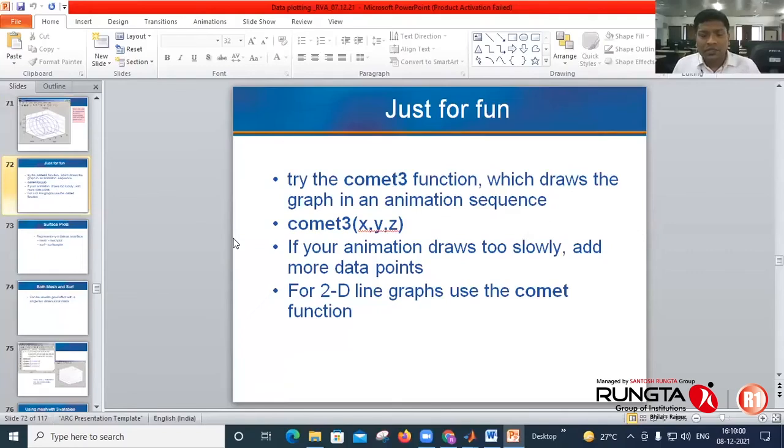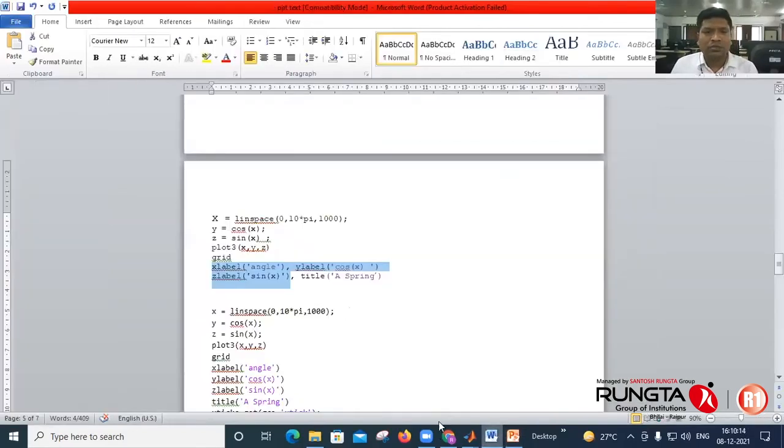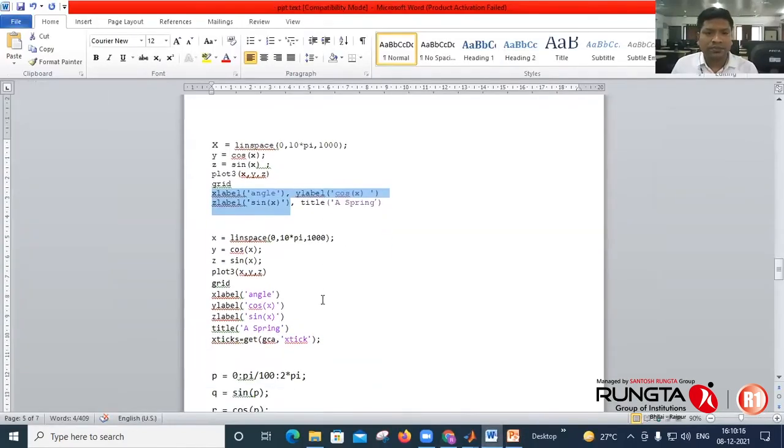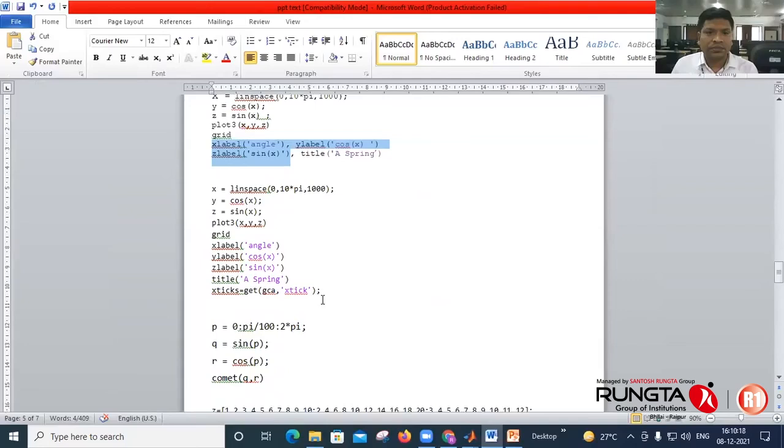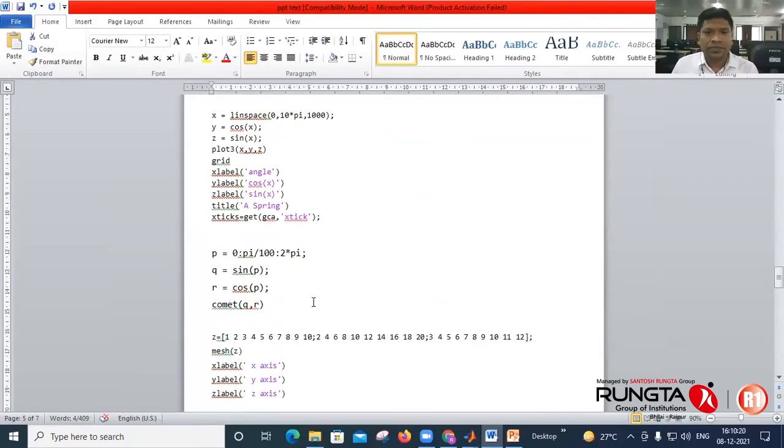Again, there is a function comet3 just for fun. So the comet3 function draws the graph in an animation sequence. वो animation के साथ बताता है. Okay. So again, I have the comet function like this.